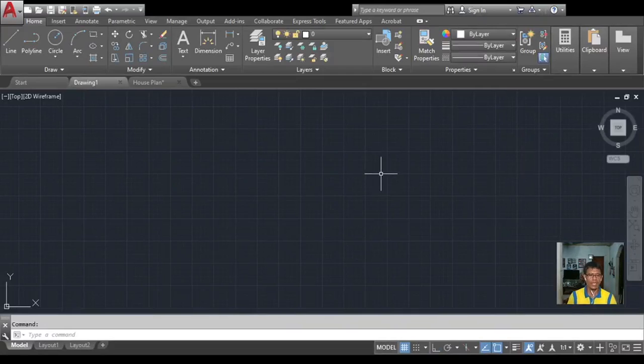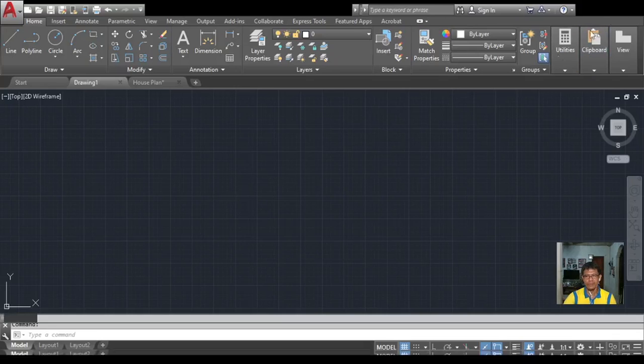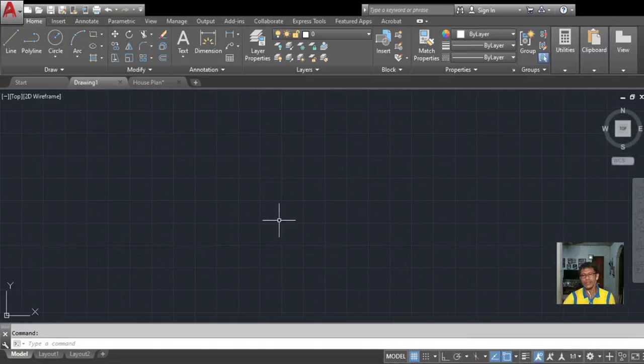this working area. Like other Windows-based applications, AutoCAD comes with a wide range of features used in many different aspects of working drawing. So let us take one by one the different parts of the AutoCAD user interface. The user interface of AutoCAD varies. It depends upon the version that you are using.